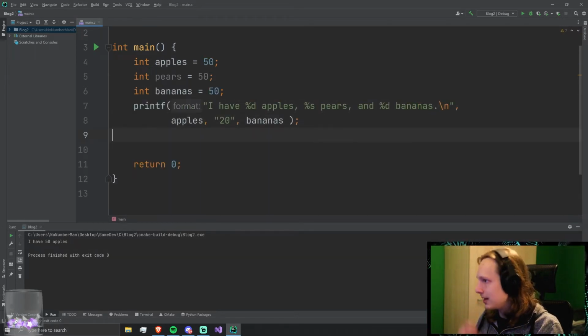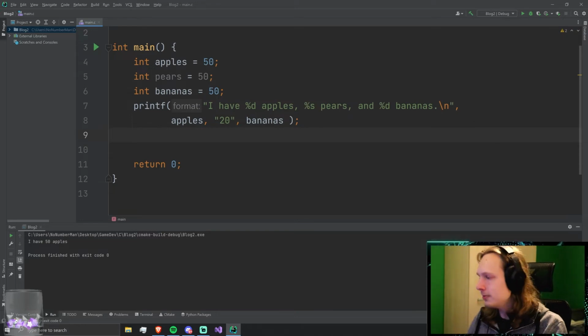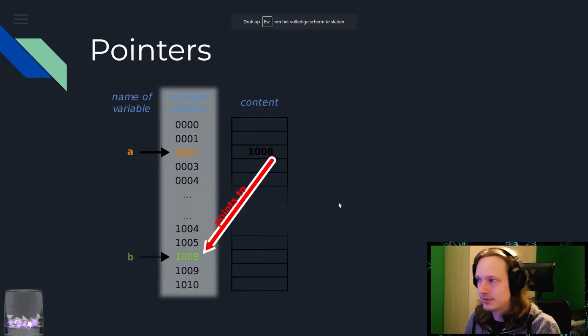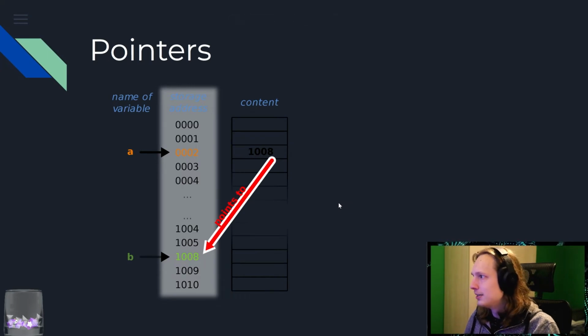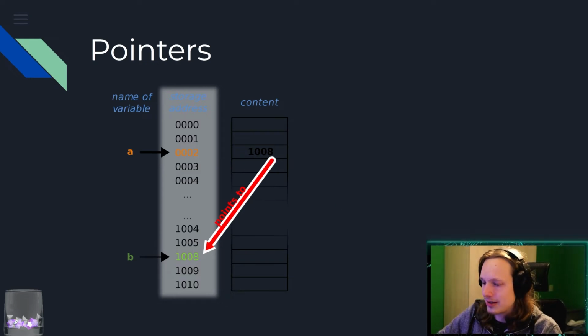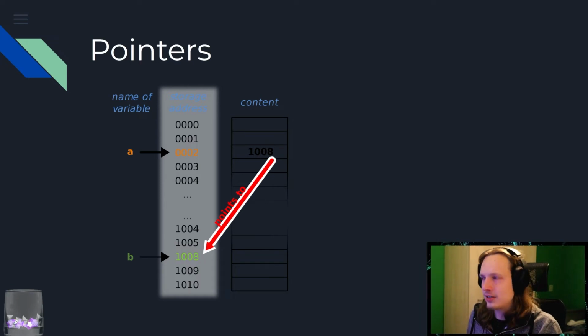So let's go back to what we had right here, and then we can go back to our presentation. There we go. Now that we know how Hello World works, we can really get into the programming stuff, right? We can actually start programming. And that's great. I love programming. But there are a couple of things that you might want to think about when programming in C.